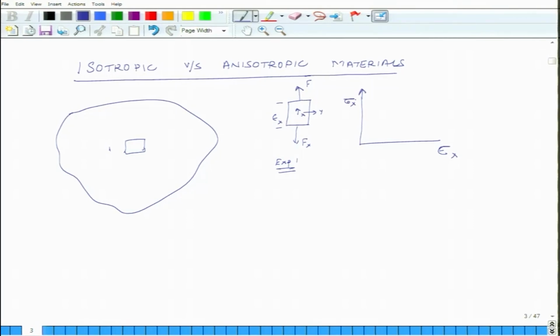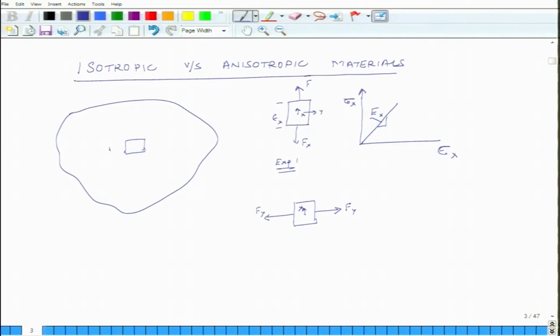stress in x direction, and if the material is linear then the graph will look something like this. So, then the slope will be E, and because this slope is being computed based on sigma x and epsilon x, let us call it Ex. In another experiment you take the same material, but instead of pulling it in x direction you pull it in y direction,